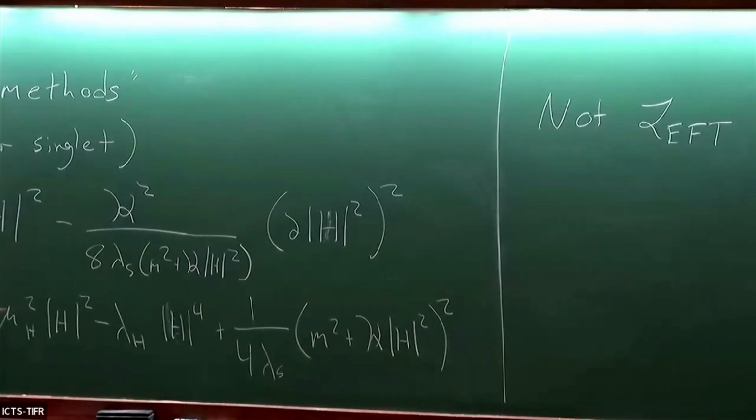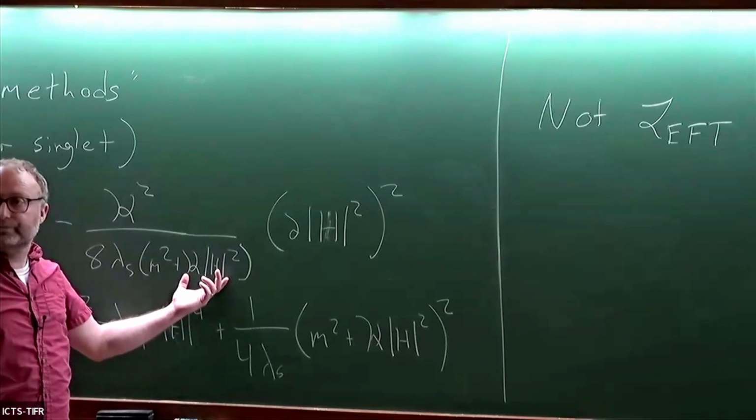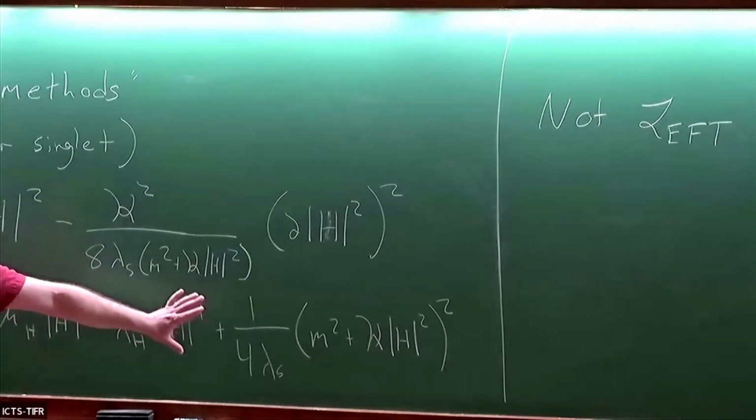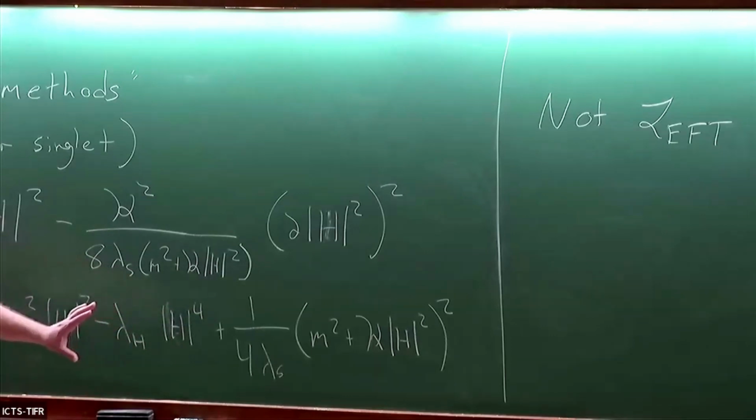But I just want to emphasize, because I've been saying it over and over, that an EFT is a local expansion in fields and derivatives, and it's truncated, okay? Because you have to impose that you're working to some order in your power counting. Here, I have not truncated in the fields. I have this resummation. So in our paper, we tried to be very careful to distinguish the effective Lagrangian, which is the low energy description in terms of H alone, from the EFT, which is then expanding and truncating this result.